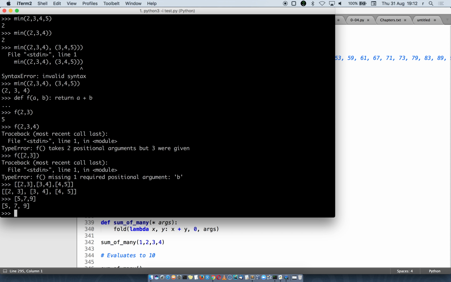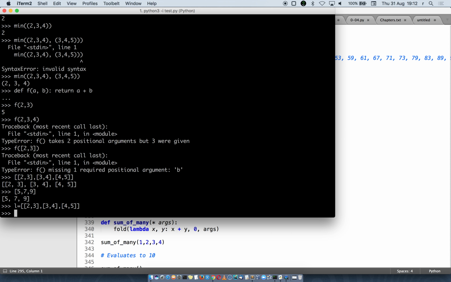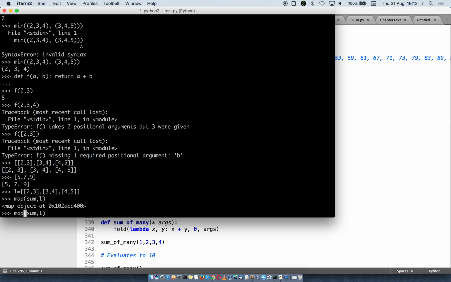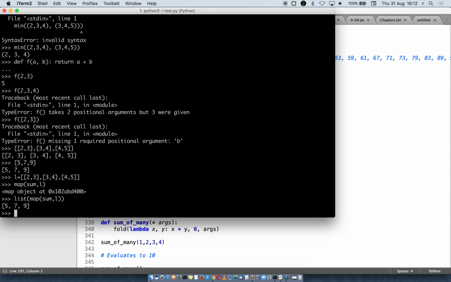So I have the function map, right? Remember map? I could do that very easily by saying sum, and let me give this list a name. All right. So then I can say map sum and L, and I could get the list here. Okay. But let's say sum doesn't exist, and all I have is F. So if I apply F here,